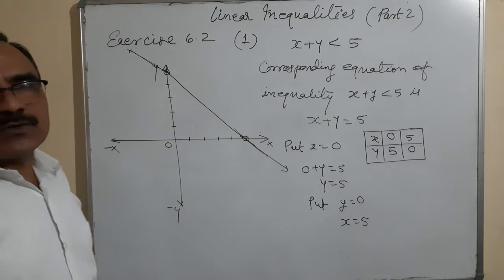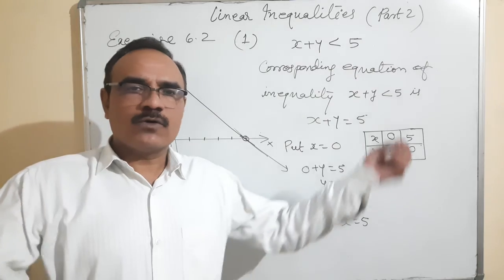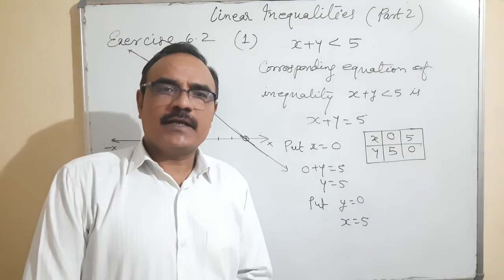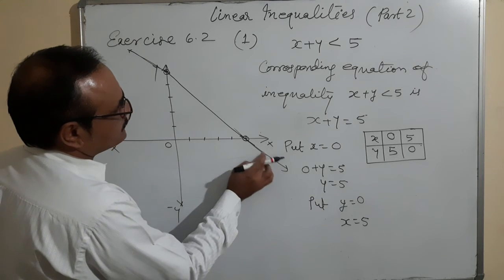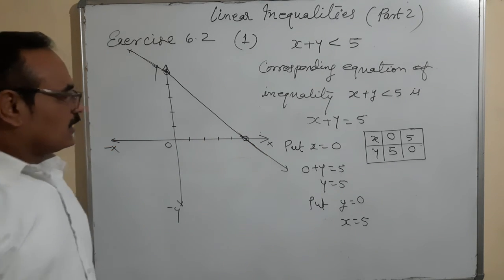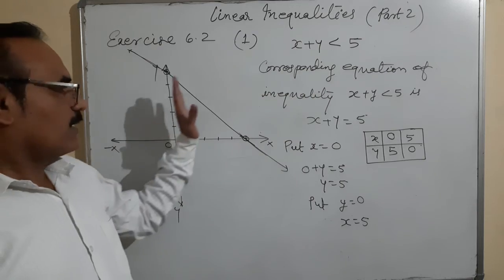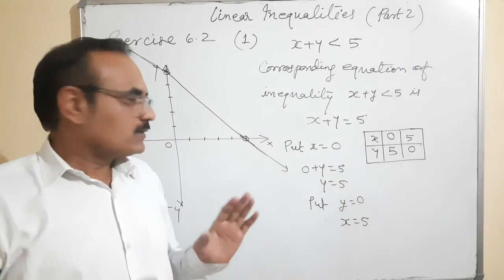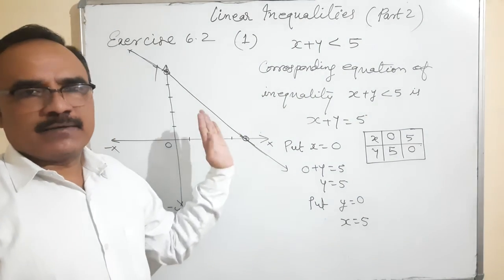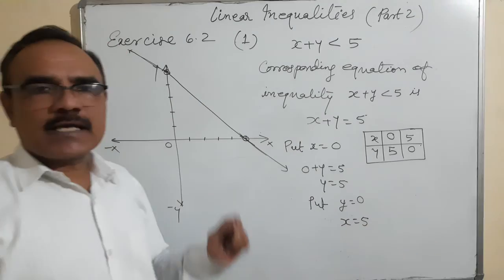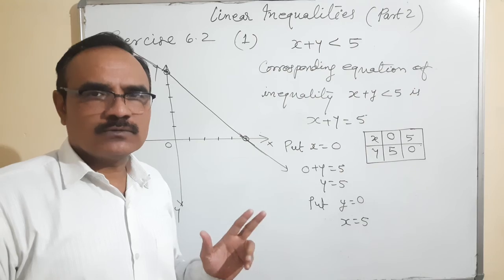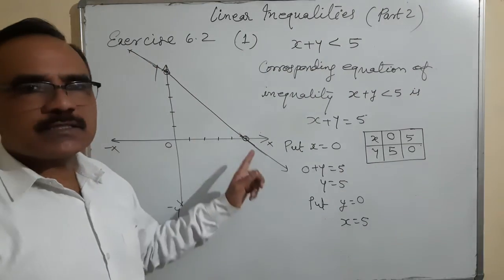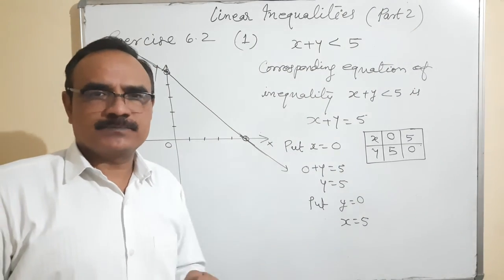And when I use the term line, what does it mean? It will go indefinitely in both directions. Okay. So this is the straight line. Now you can see one thing. This is a plane. This plane is divided by the line. So this line is dividing the plane into how many parts? Two. No. This line is dividing the plane into three parts.